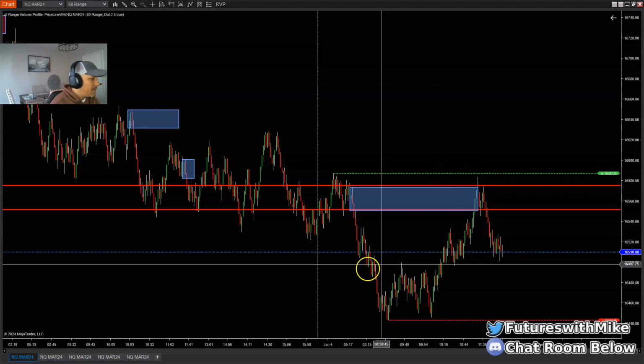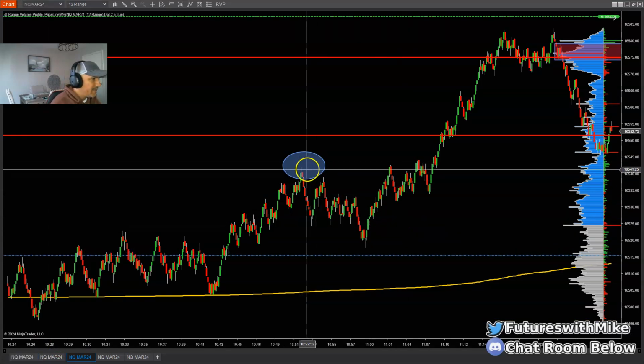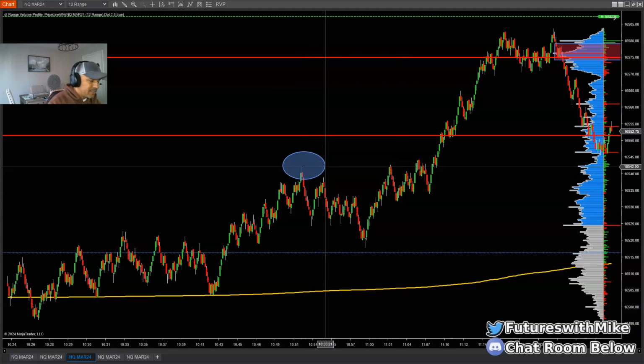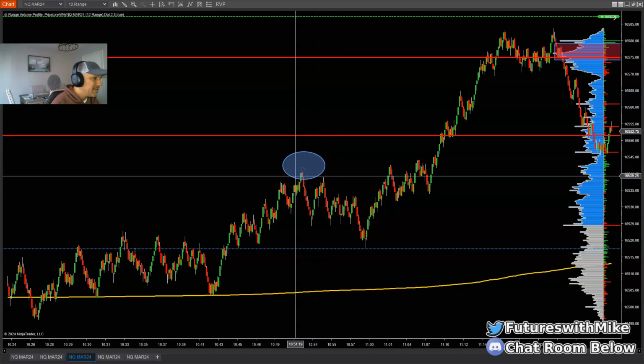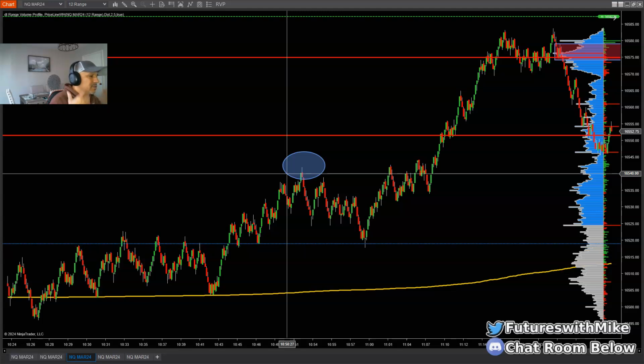So let me show you. This ellipse area right here is the area I showed you on the image I pulled from Discord, the trade that I took. Now, I didn't just jump into the trade when it tapped in there. I want to see rejection, and I want to see a structural break below. So we tapped into that area of imbalance. And again, this is not a supply setup, even though I was waiting on that supply setup back at the top there.